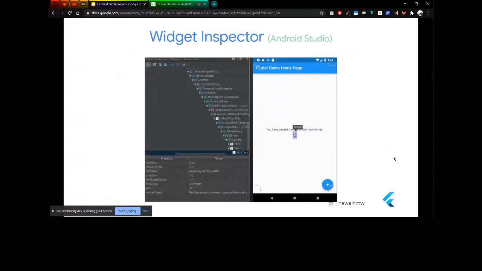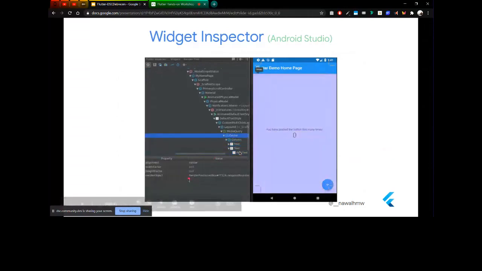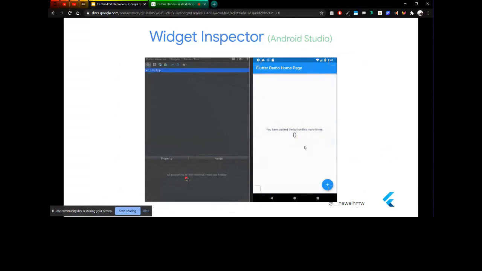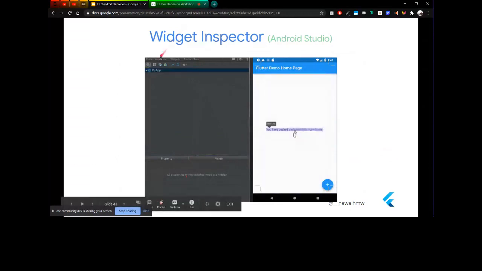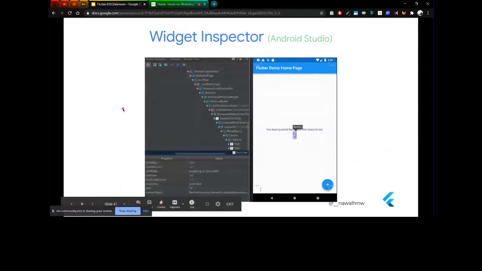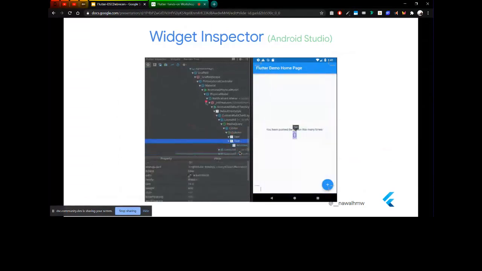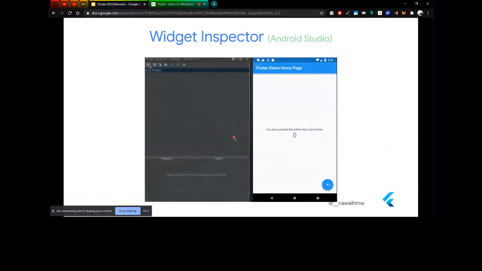Widget inspector, you get to inspect your widgets in a very detailed and specific manner. You get to see properties that you will not be explicitly dealing with in your IDE. It exists in Android Studio. What else? Honestly, I love the widget inspector because you get to dig deeper